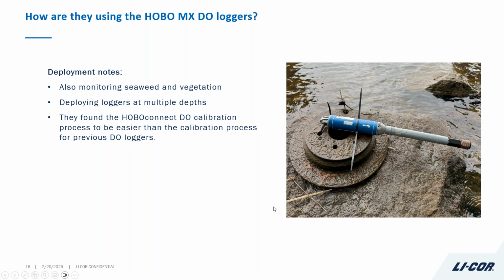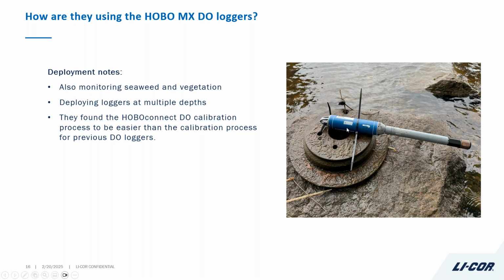And here's an interesting picture of how they mount the DO logger to a weight. In this case, it's, what do you call that? A disc brake rotor, which is nice and heavy, and it's got some holes in it for attaching the zip ties. In this case, they were attaching them directly to the rotors, but we actually recommend putting the logger, in this case, in a